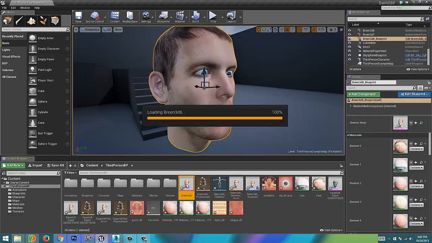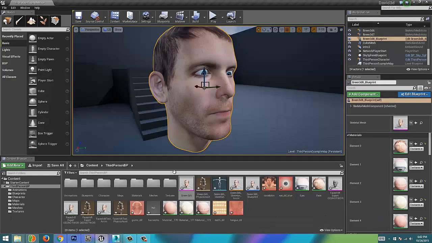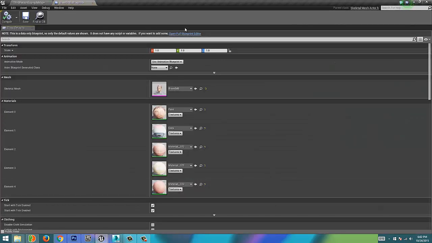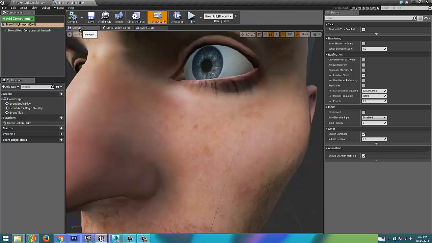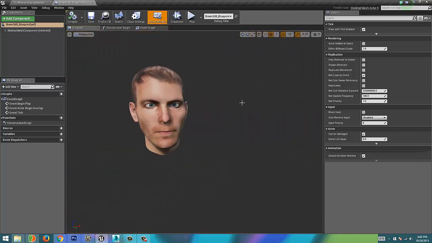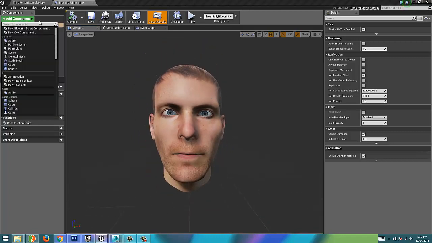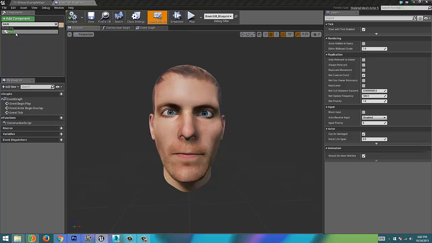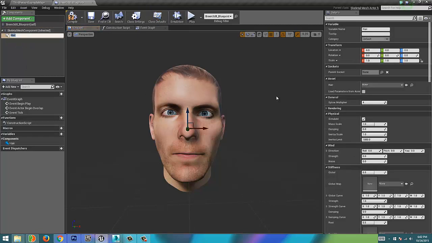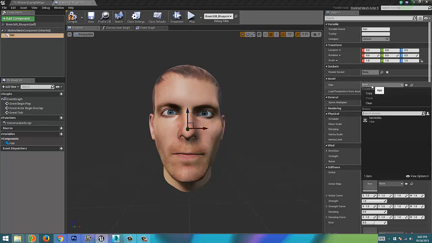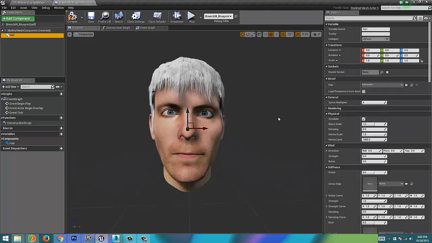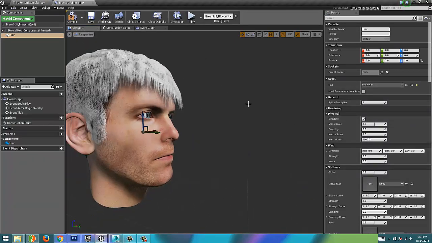and we double click on our guy's head. We don't want that. We want to go into the blueprint, and then open full blueprint. Go to the viewport, and from here we can go ahead and add component. We want hair. Okay, so now the hair is right here, and it's connected to his head, so it moves with his head. You can see it's indented right there. And the asset right here under hair, you just select the only one we have, and poof, we have hair,